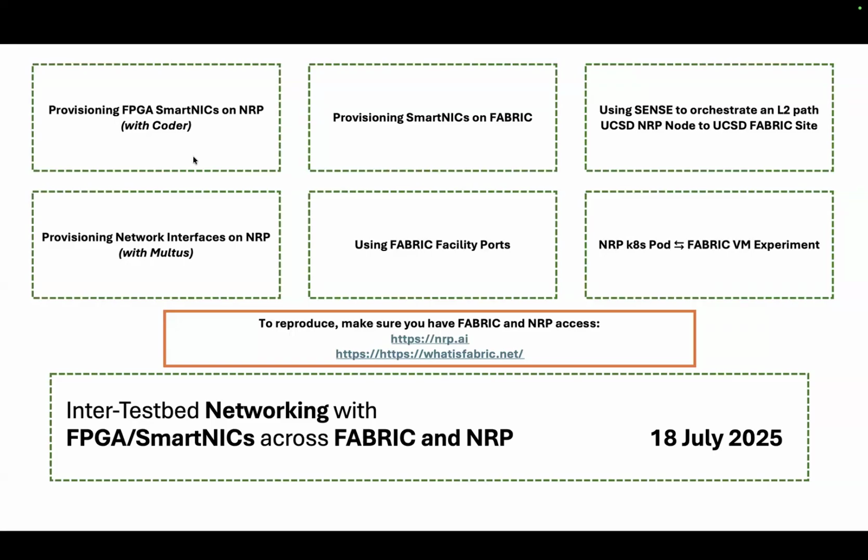The easy way to follow along, and we're going to make it as reproducible and as easy to follow as possible over the Zoom call within the lunch break, is to have both NRP credentials and Fabric credentials. To get access to the Fabric testbed, you need a Fabric account and a Fabric project, so if you're interested in following along, please make sure you have one. For NRP, for persistent access, you need an account, but similar to how we provided a service account token, we're also going to provide a new one next week on July 18th with our next talk.